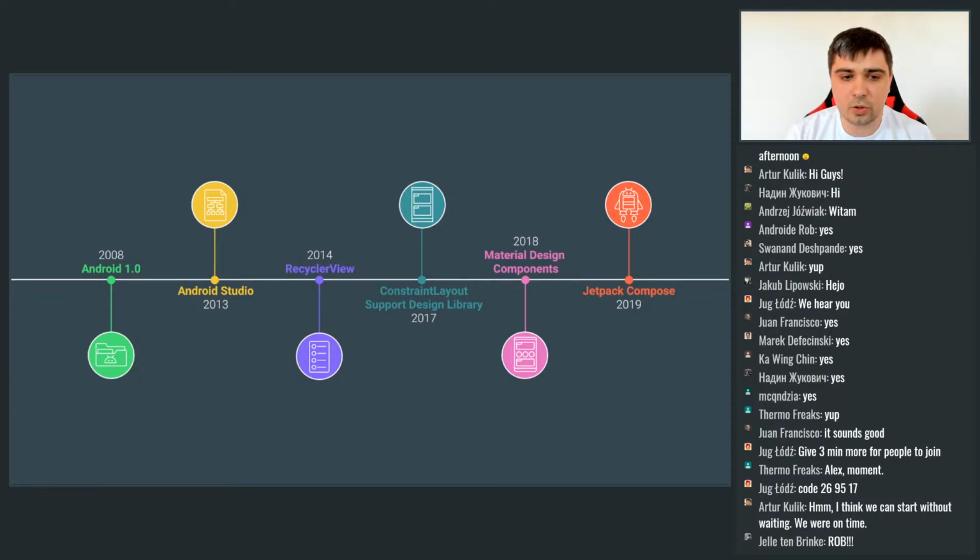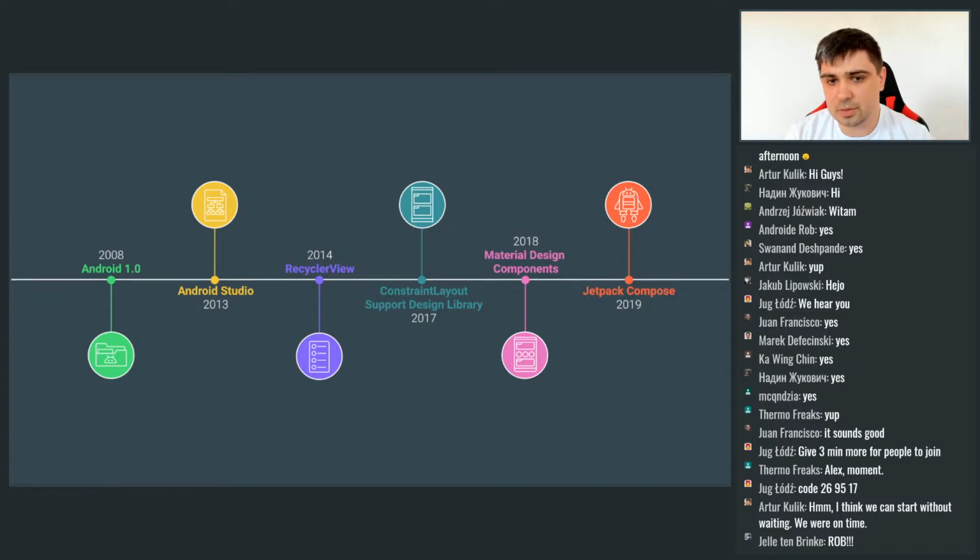I think right now a lot of applications use constraint layout. Constraint layout is a solution for avoiding nested structures, but I think everyone knows what constraint layout is. So, support design libraries. Support design libraries are a very powerful tool. Previously, everything was built into Android, all views. Later on, we had support libraries, which have less dependency on the Android operating system. And the support design library has recycler views, snackbar, and many other elements and views which help us to develop better